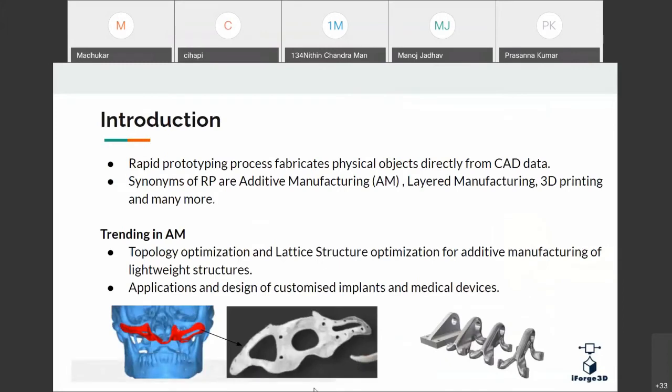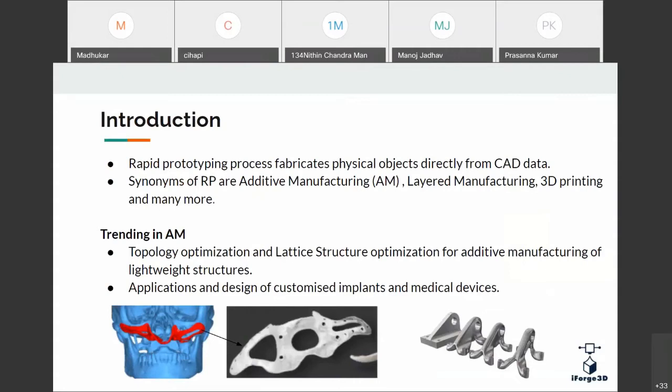If you observe, this is one implant which we designed and fabricated. This implant is totally optimized with less weight, and this kind of implant we can't make or fabricate using traditional manufacturing such as milling or turning operations.